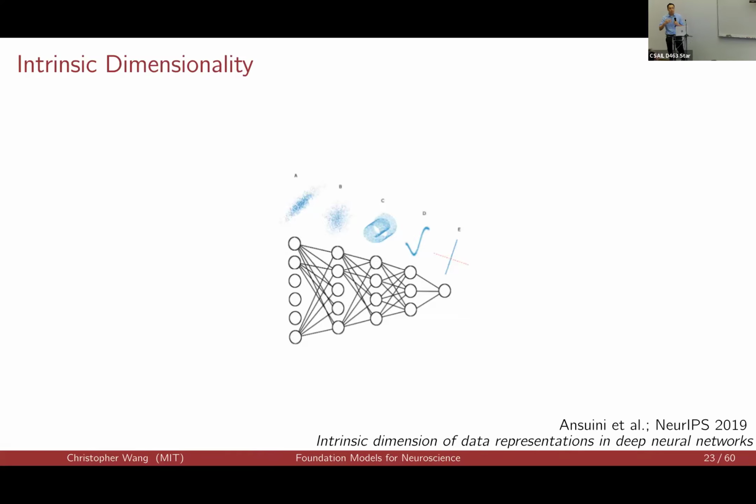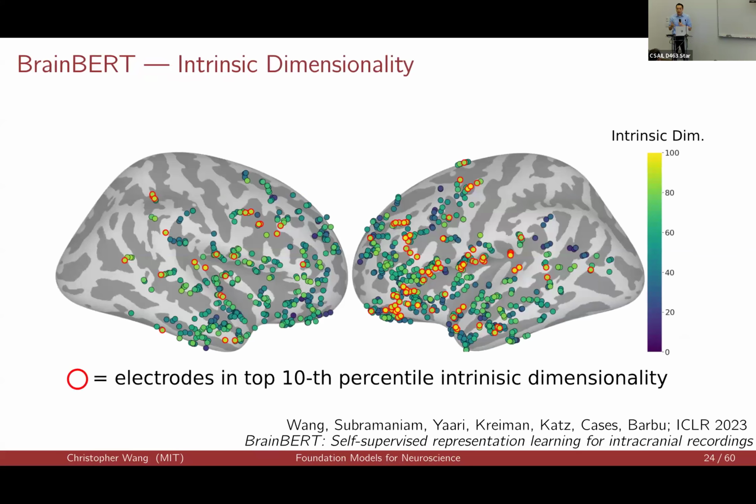But it's not straightforward to compute the intrinsic dimensionality of the raw brain activity because the readings are noisy and it artificially inflates the estimation of the dimensionality. What you can do is compute the ID of the BrainBERT embeddings, which you can think of as a cleaned or denoised version of the signal. And when you do that, you find the regions with highest intrinsic dimensionality are in supramarginal gyrus and lateral orbitofrontal cortex. And these correspond respectively with phonological processing and sensory integration.